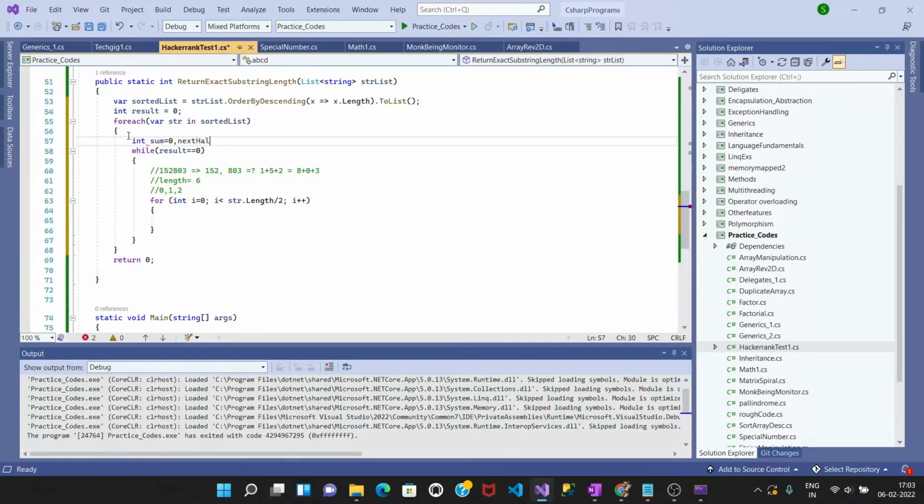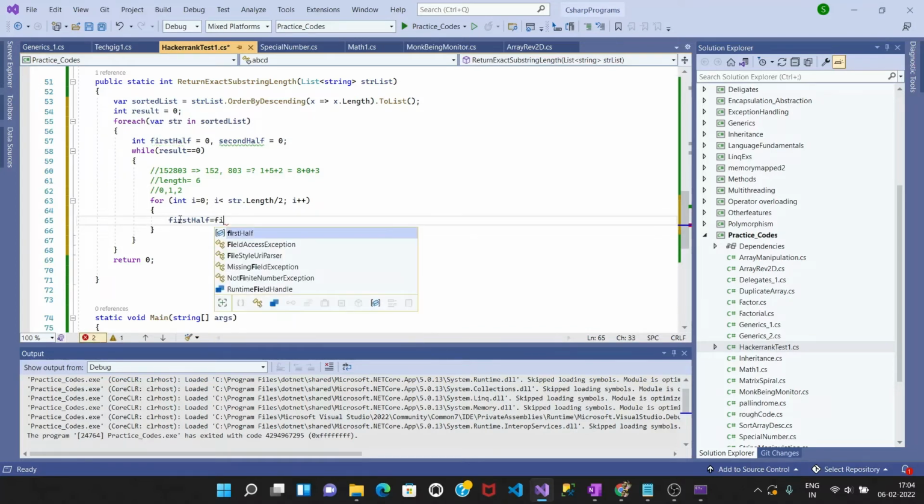So next half is equal to 0. Let's take it as first half and then second half. So I will store the sum of the first half in this, the second half in this, and then I will compare whether first half is equal to second half. So for first half, what will I do? First half is equal to